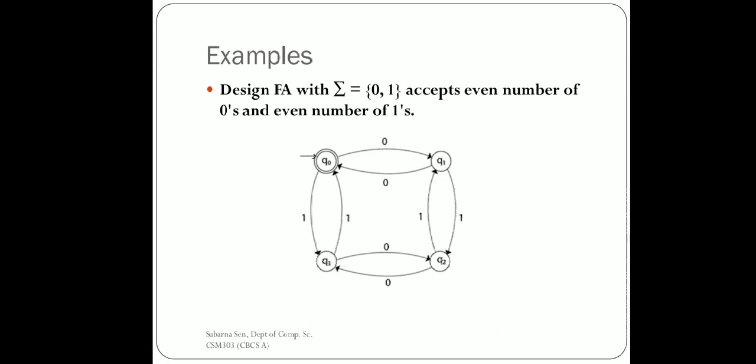Next possible thing is two zeros and two ones. So you can see here, if it gets two zeros, it will move from q0 to q1, and again come back to q0. And for an even number of ones, if it gets 1 at q0, it will move to q3 and come back to q0 as well. But if you combine an odd number of 0s and an odd number of 1s, see the string is 0 1, an odd number of 0s, that is 1 0, and 1 1. On getting 0 it will move to q1, and on getting 1 it will move to q2. It is not a final state, so it is being rejected, not accepted. In this fashion you can keep on trying with whatever strings you have.